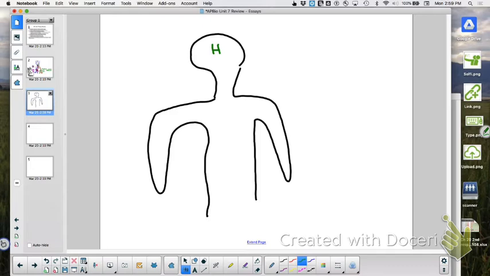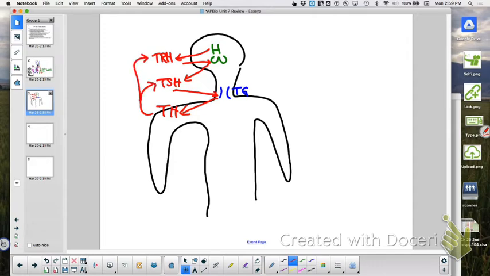Here's your hypothalamus, then hanging below your hypothalamus is your pituitary. And here in your neck is your thyroid gland. Okay, so the hypothalamus secretes thyroid releasing hormone, which then triggers your pituitary to start secreting what? Thyroid stimulating hormone, which then triggers your thyroid gland to start secreting what? Thyroid hormone. And as these levels go up, they exert negative feedback on both the thyroid releasing hormone and